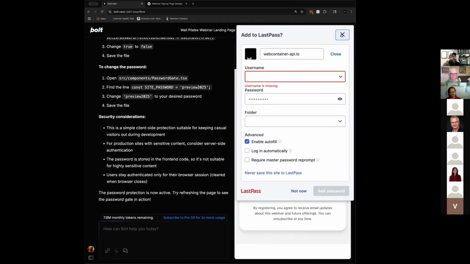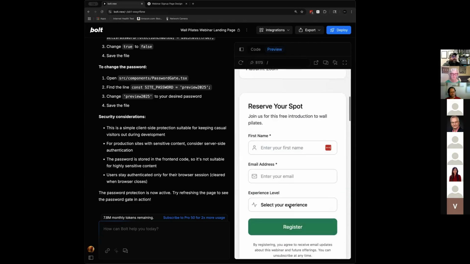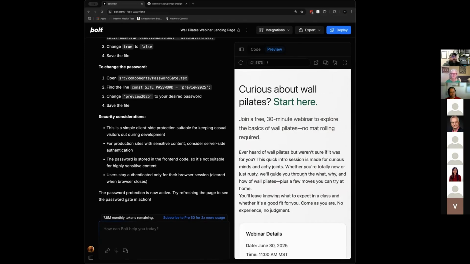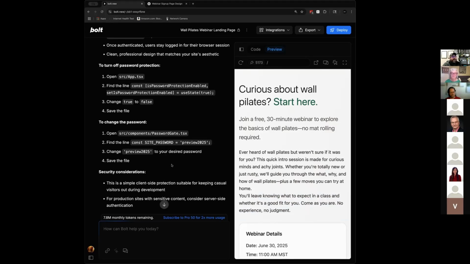And that, oh, thanks, LastPass. And that way you can actually keep this protected until you're ready for people to see it, whether it's on your website or not. And you could ask it to say, like, 1 week out from our event, undo the password, right? And it will put that logic in. So even if you don't want to go and change it, it'll handle that.